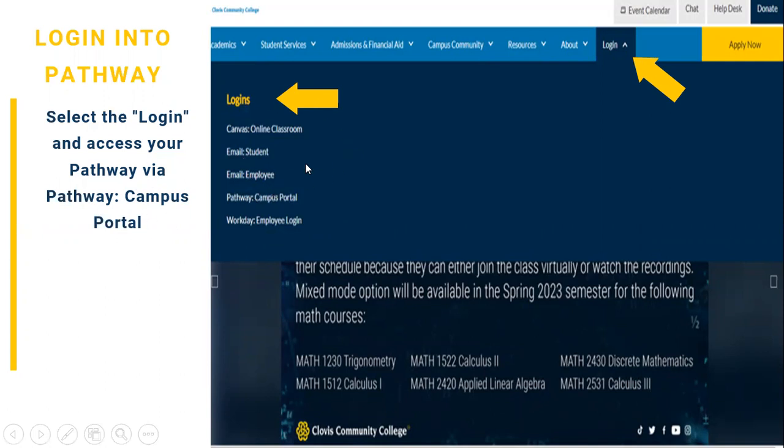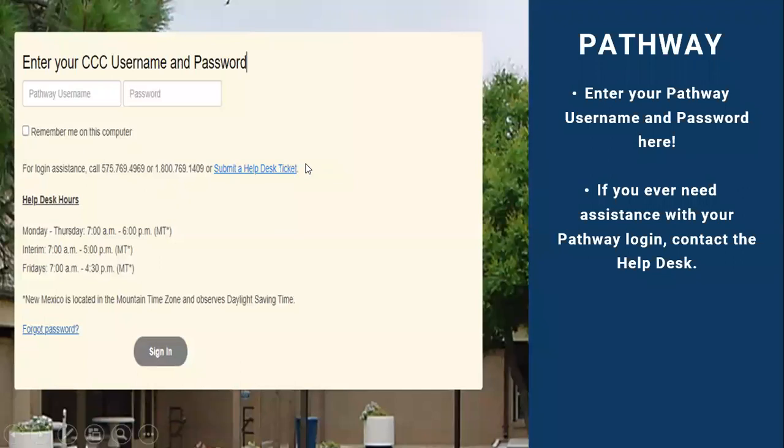On the next slide, this is what you're going to see as soon as you click on that Pathway Campus portal. But in order to get into the Pathway Campus portal, your Canvas, or your student email, you will need a login, username and password. This is something that you should have gotten when you signed up for classes or when you were admitted to our school. So if you do not have your login or don't know how to get it, you can contact the help desk at this number,